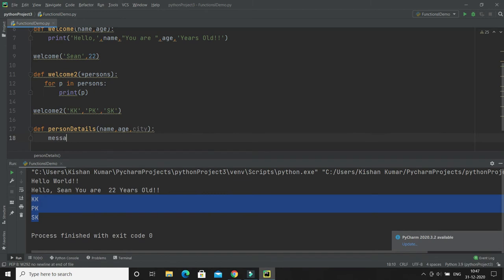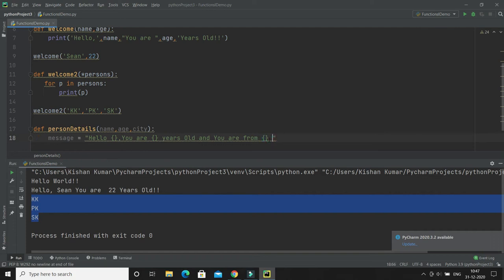The message I'm going to prepare is: hello, with one placeholder, and comma, you are, placeholder, and there I would like to insert the age, years old, and you are from, and the city I would like to insert in this placeholder.